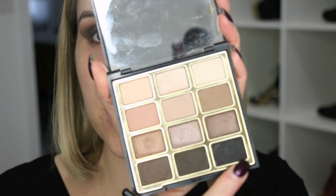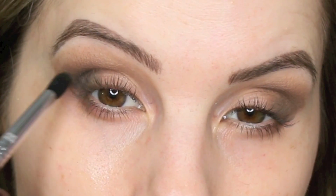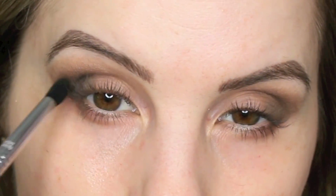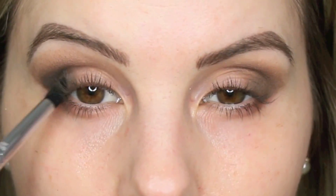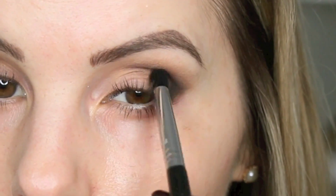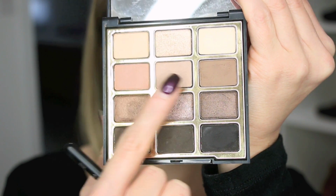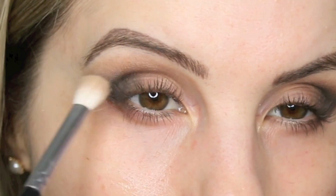And I still want to deepen this out a little more. I just needed to clean that up so I could see what was going on because there's just so much fallout. I'm gonna go in with this shade right here, and I'm just gonna use my Sigma E45 brush, and I'm just gonna lightly focus that right out here, just using small circular motions. And then I'm just going in with a mix of these two shades, and I'm just gonna lightly blend the edge of that